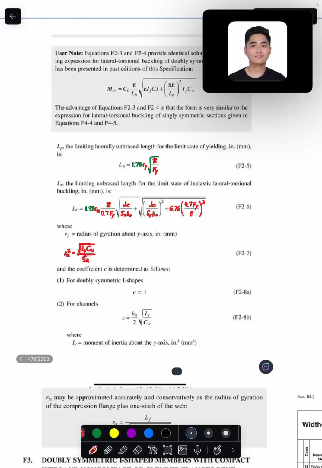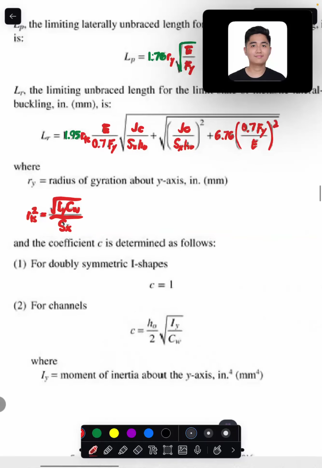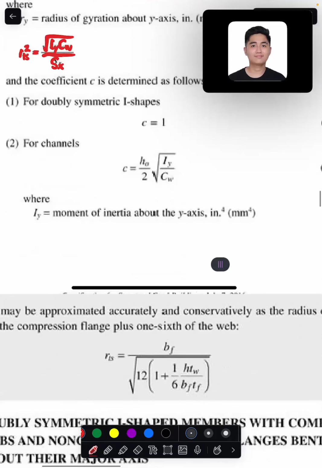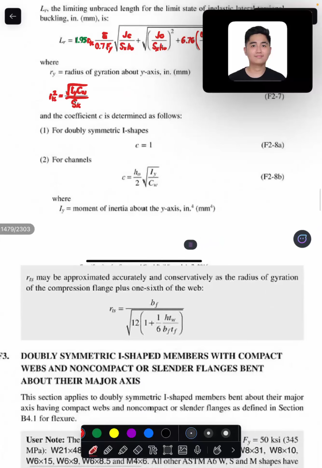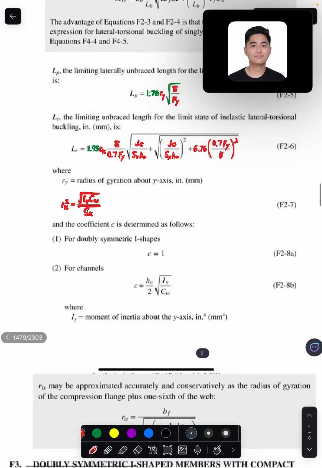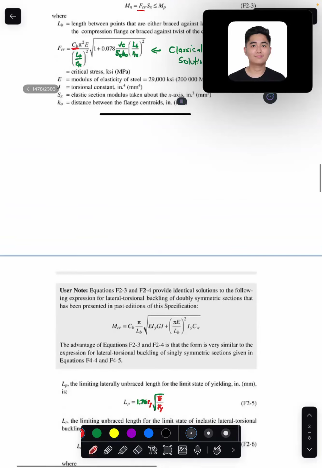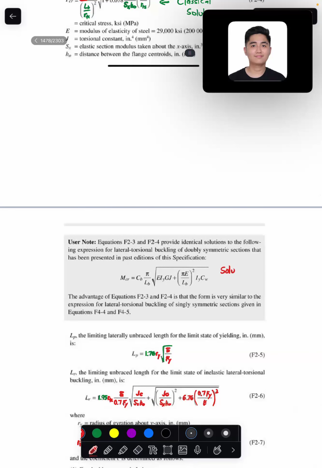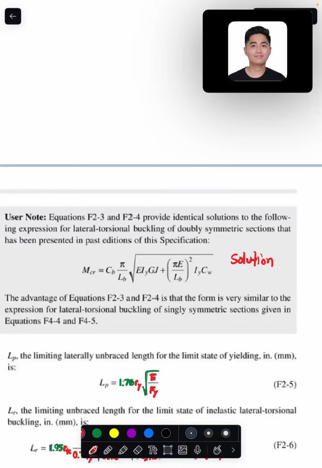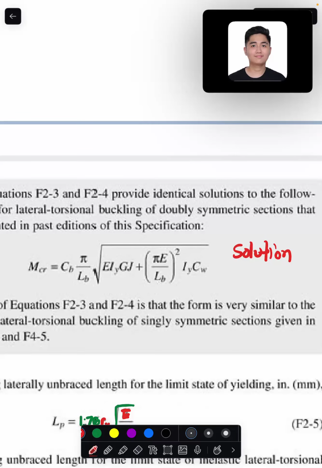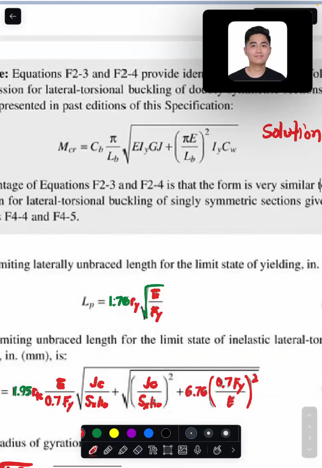At the same time, yung coefficient ng C is always equal to 1 kung doubly symmetric na I-shape. Kung channel, kailangan mo siyang i-compute. Tapos, this can be approximated using this. Ito yung solution actually, galing dun sa ODE na formulation ng lateral torsional buckling. Ito yung actual na solution. Yan yung pi E squared over LB, doon mag-appear yung